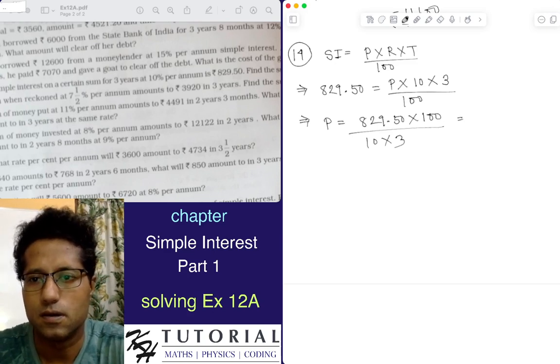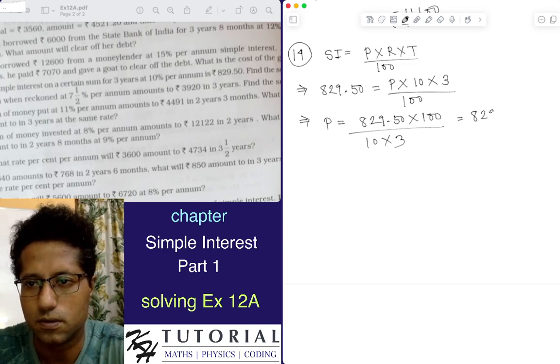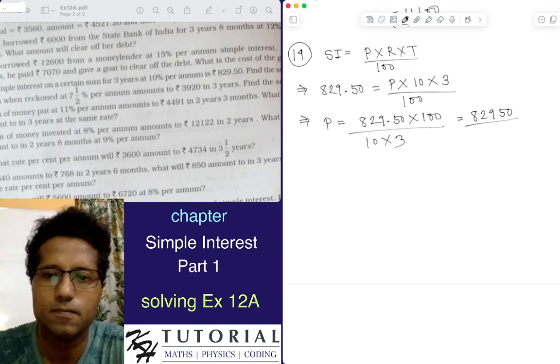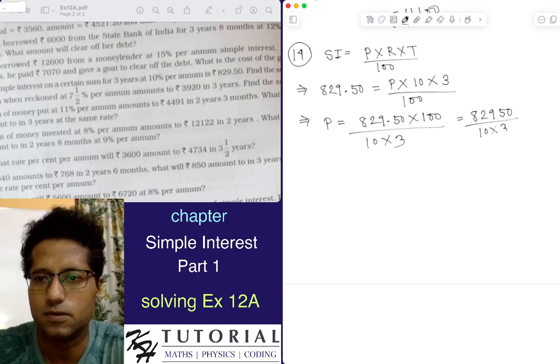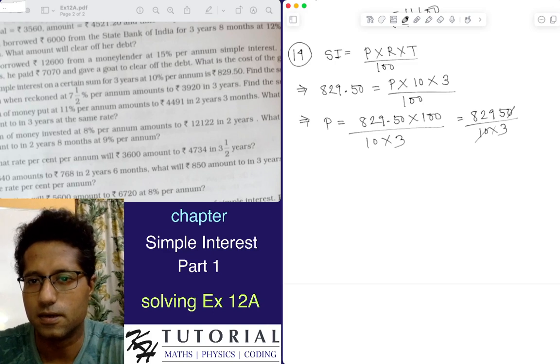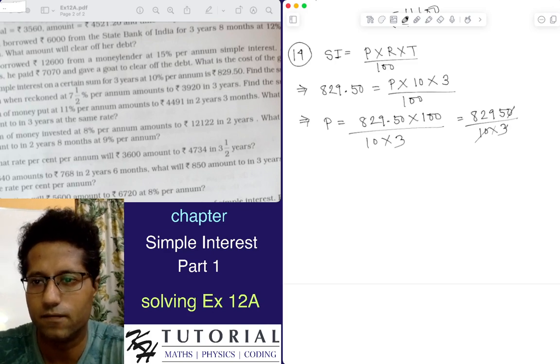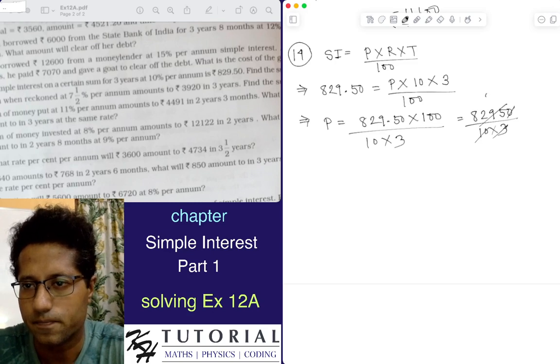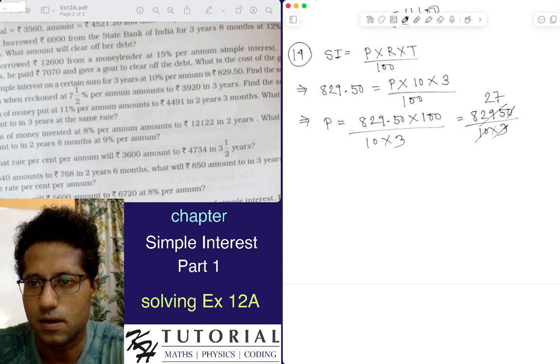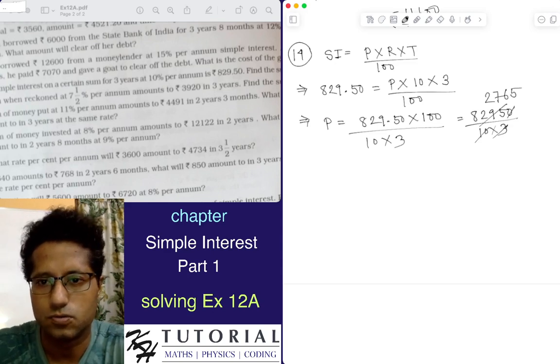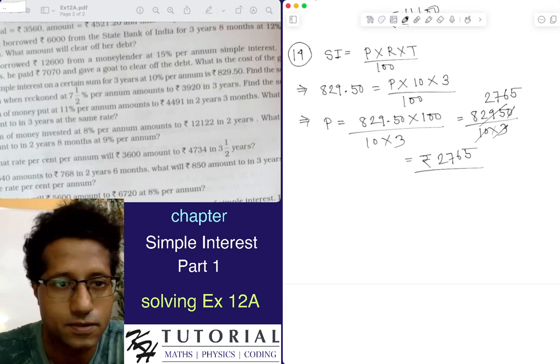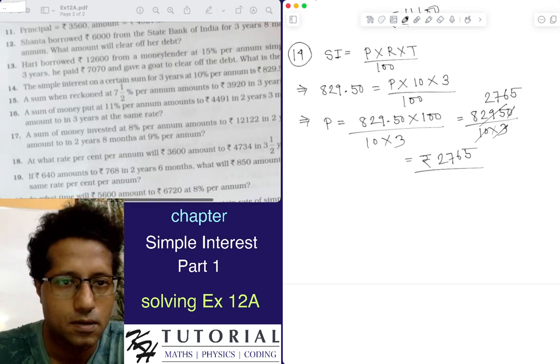Now if you do the multiplication with 100 in the numerator, it becomes 82950 divided by 10 multiplied by 3. The 0s cancel, and 8295 will be divided by 3. Let's see, 2, 6, 7, 21, 8 and 5. So the sum, or the principal, is rupees 2765. Okay, let's